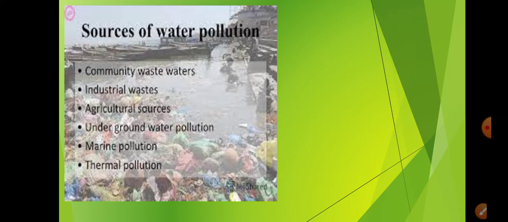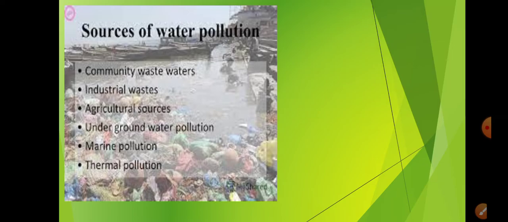So what is happening is that the water bodies are getting the waste from a neighborhood or a household. We live in a neighborhood, we live in a community, and there are lots of houses like this where the people are using all the things that I mentioned earlier on an everyday basis. They are also doing it in the same way. That means the community is also responsible for water pollution in a way. The next one is the industrial waste.